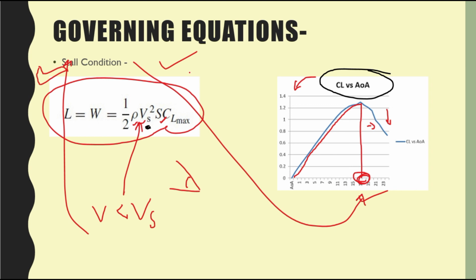So I would like to end this lecture over here. In the next lecture we'll see what exactly a constraint diagram is and how to draw it, and what are the factors that we are going to consider in it. We'll take a problem statement, and according to that problem statement we are going to do the further things, that is, we'll plot a constraint diagram, then we'll decide a wing for it, and then we'll decide an electronic system for it.